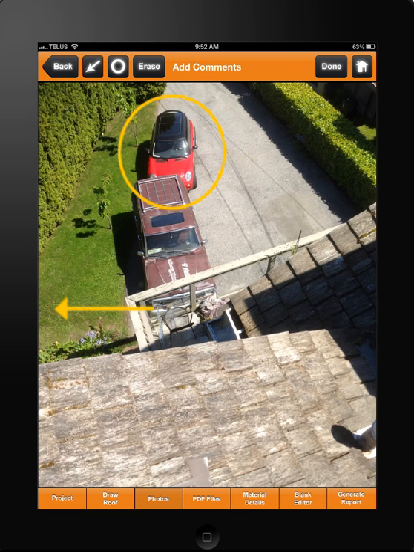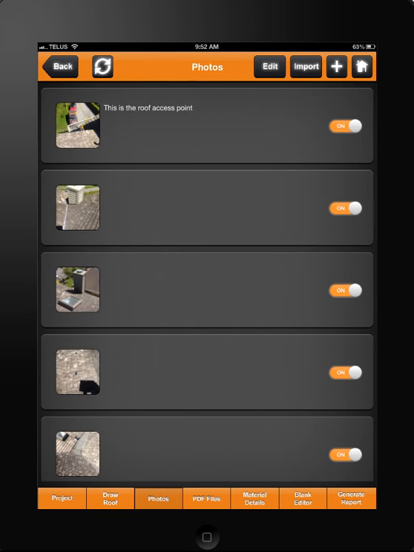I can turn the arrow to make it point in a different way, and let's say I wanted to point at that gutter right there, and I can say done, and you can see in the small drawing that you can just make out the circle and the arrows there, and I can reference those two things in my comments,